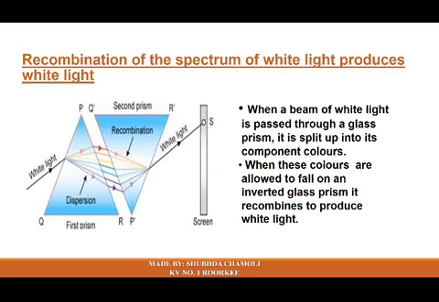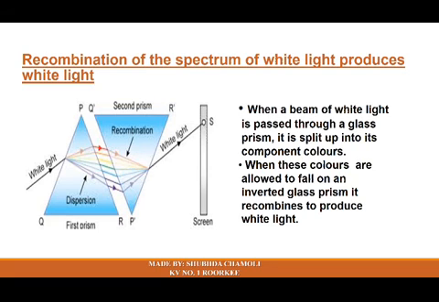Next is recombination of the spectrum of white light to produce white light. Here a beam of white light is passed through a glass prism, and as we have seen earlier in dispersion, as soon as the white light enters into the glass prism, it splits up into its component colors due to dispersion. Now when these colors are allowed to fall on an inverted glass prism, you can see here one